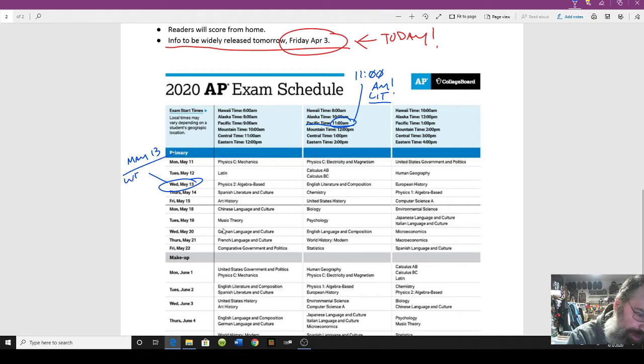That's a Wednesday. Notice there's no conflicts. So on Wednesday, the only exam that's going on that day at 11 a.m. on May 13th is that exam.